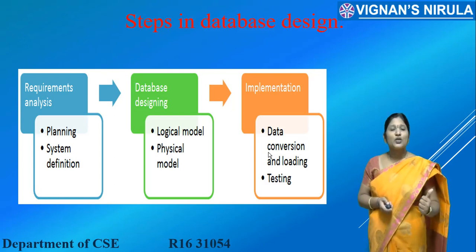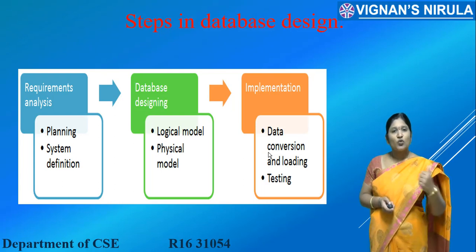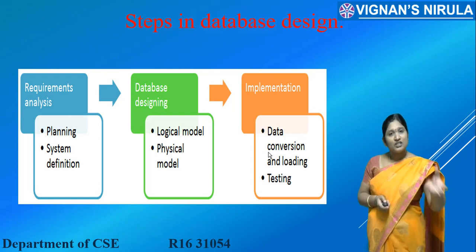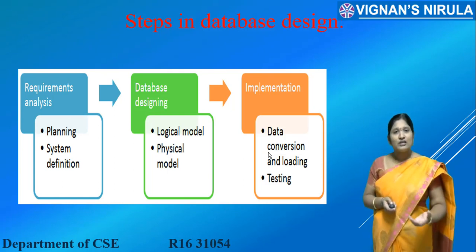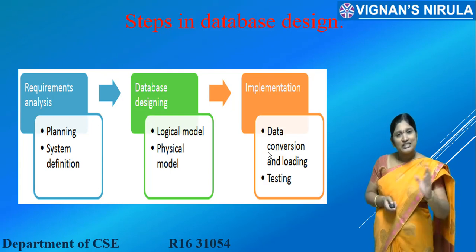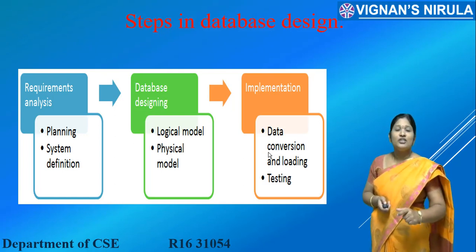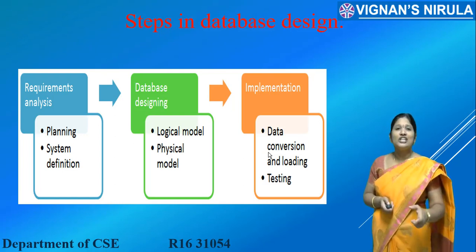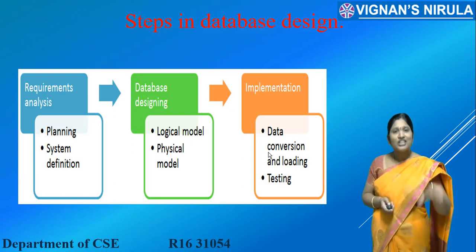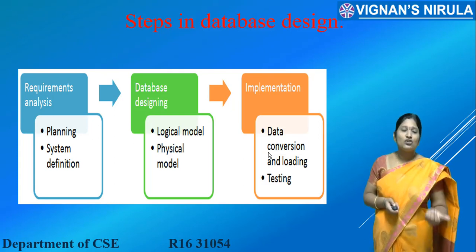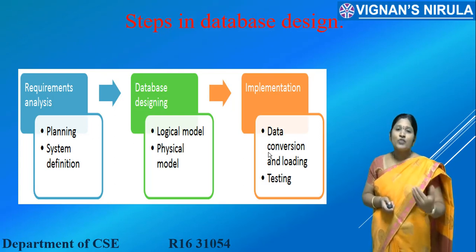The first step is requirement analysis. You should gather the requirements from the customers, in which way they actually want the database to look. After the requirements gathering has been done, you should convert those requirements into a template that has been chosen by the data model. After the design step is over, according to the design phase, you need to actually create the database. That is, you need to actually load the data items into the database. And after the database has been created, you need to test whether the database is working according to the requirements that have been specified by the user or not.